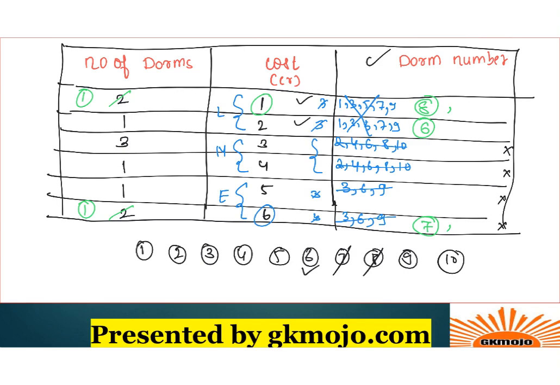This is the only place that it can come, and this is exhausted, right? So DOM number 6 is also placed. Now observe DOM number 4, right? 4 cannot come over here, 4 cannot come over here, right? And it cannot come over here, cannot come over here, it cannot come over here.